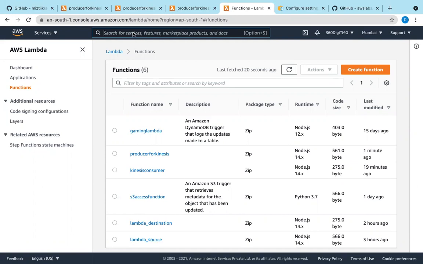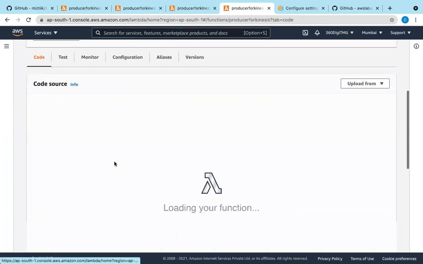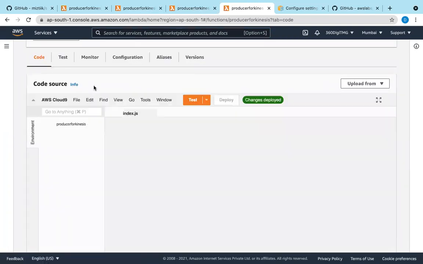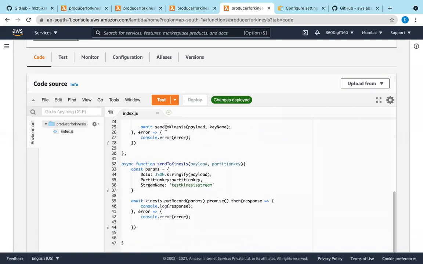What I have done is this producer for Kinesis here in this Lambda function. I have called the function send to Kinesis here, but the function which I have created and the function which I am calling here, these two names are not matching. There is a typo. I have used a capital O here.